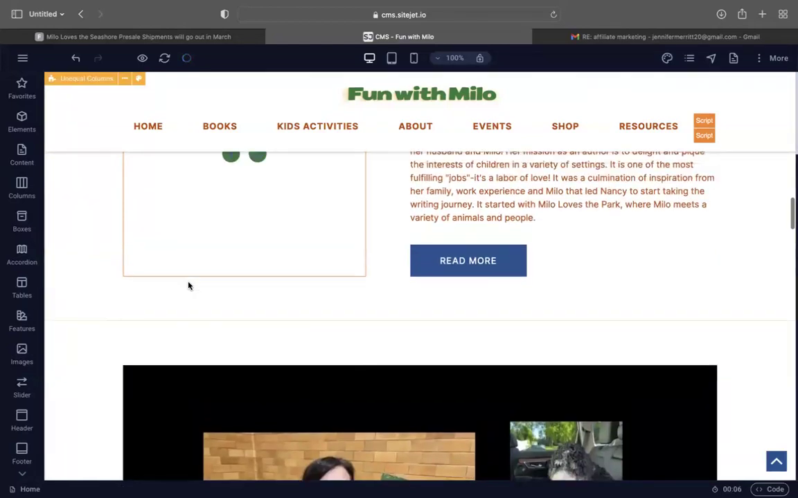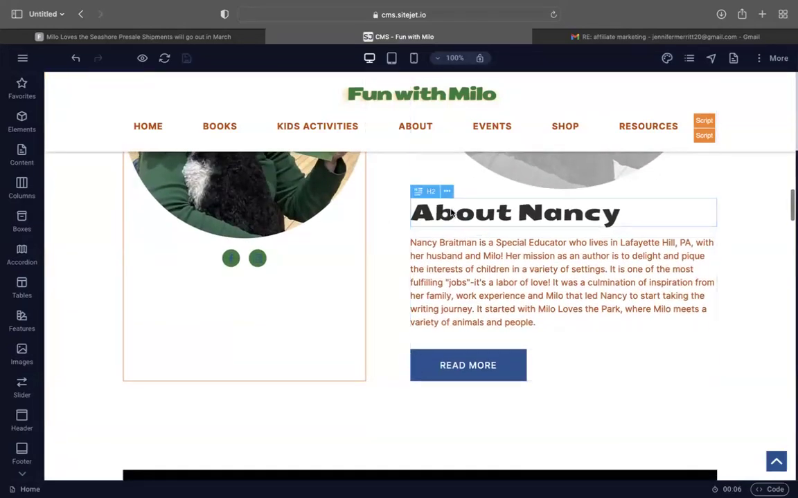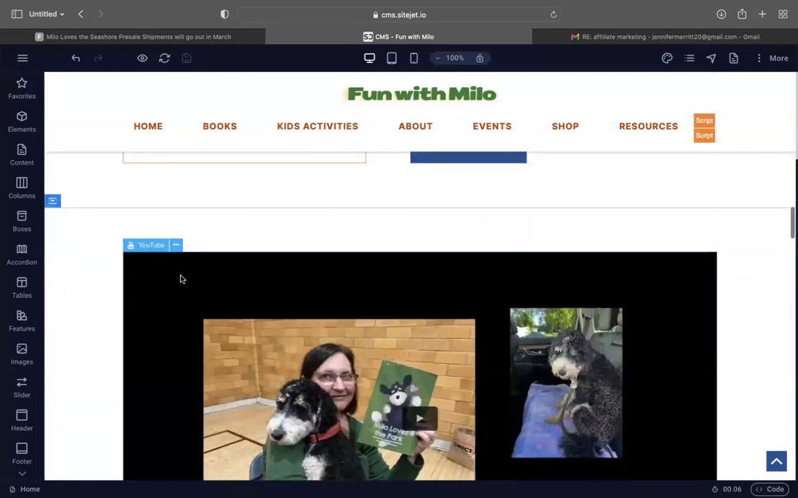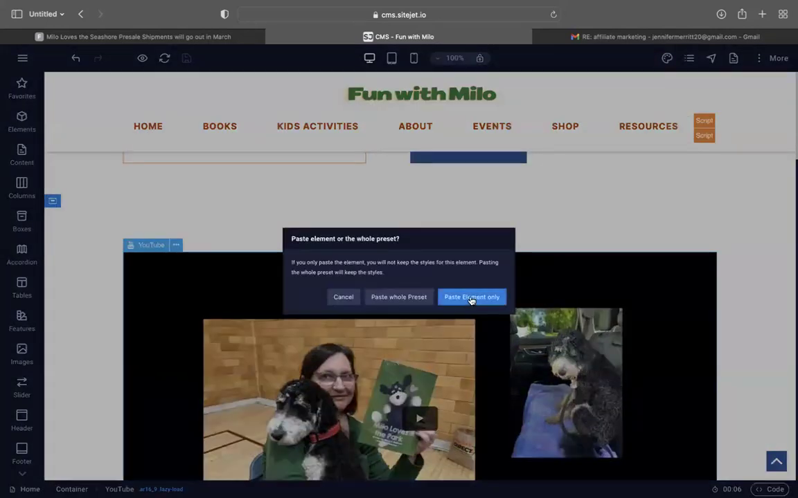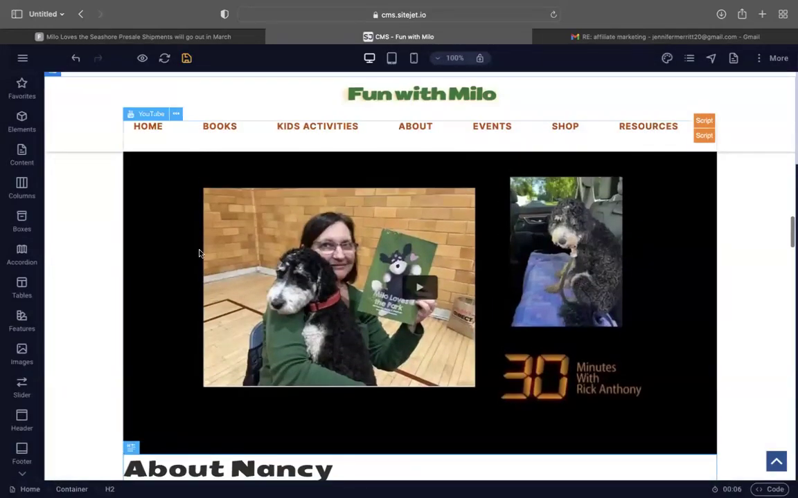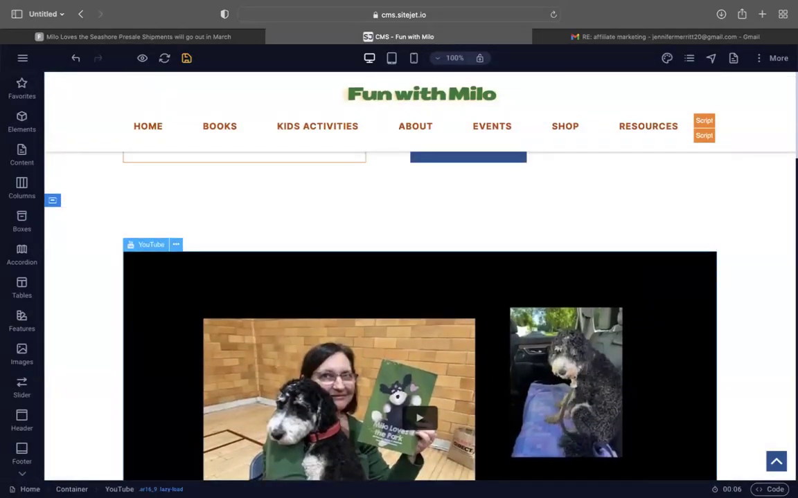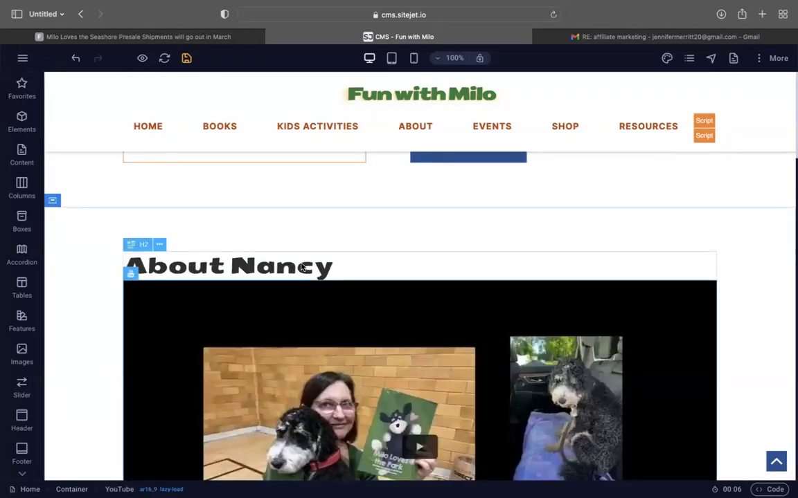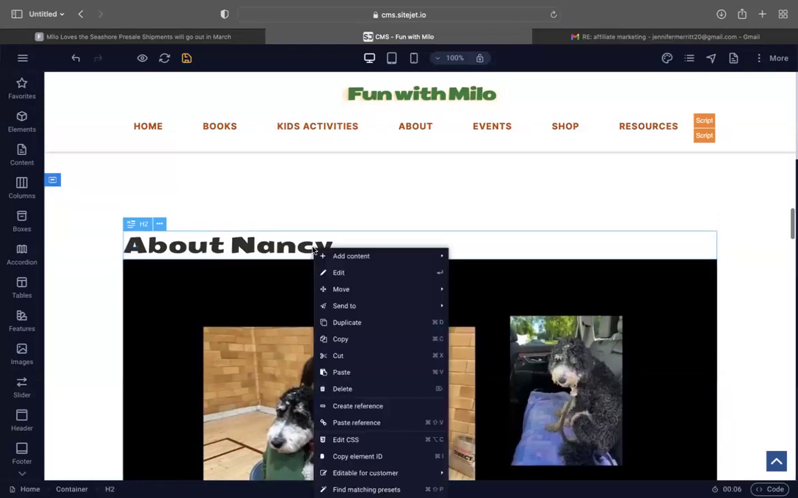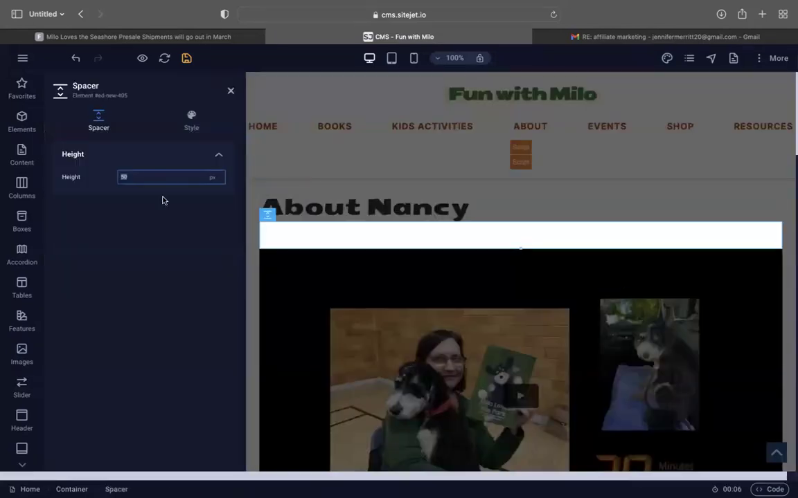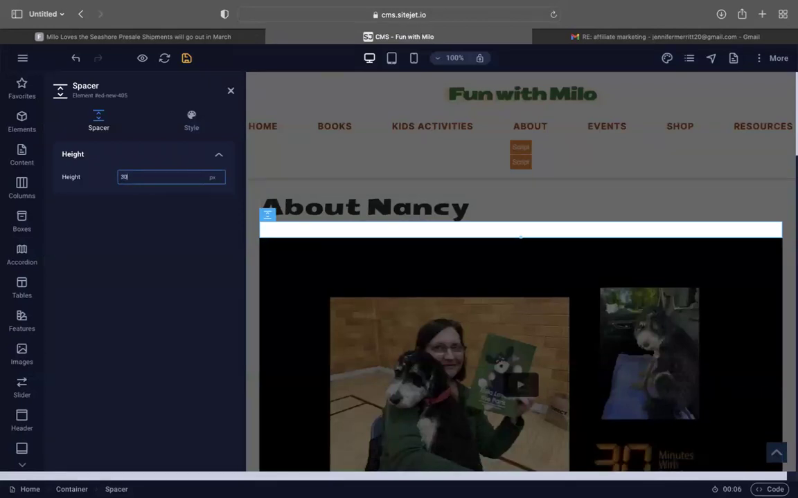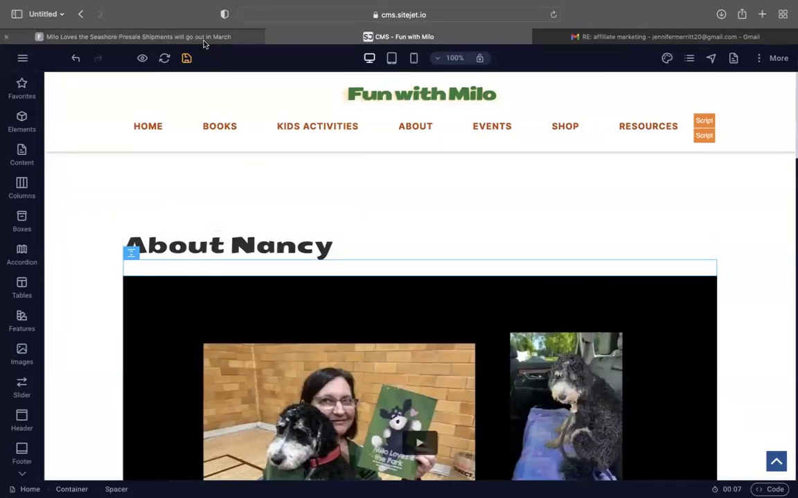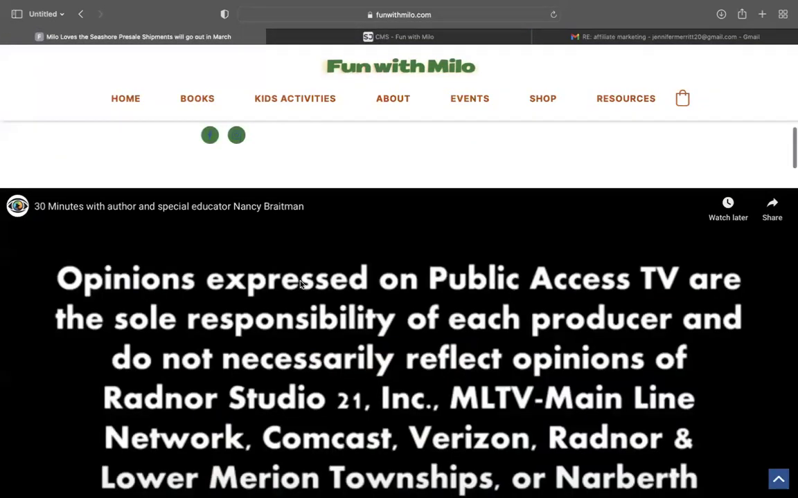So now maybe we'll add a header tag. So I'm going to Command C to grab the H2, Command V to paste just this one element. I want to realign it. So that's above. I'm going to say add content spacer. I'm going to make it 30 pixels. And then this video,